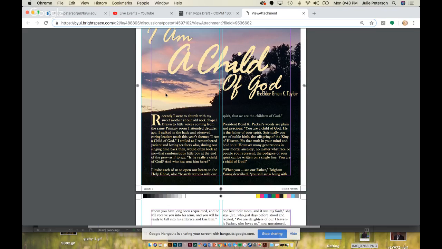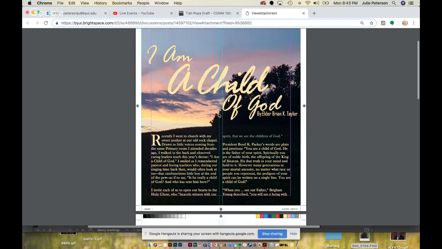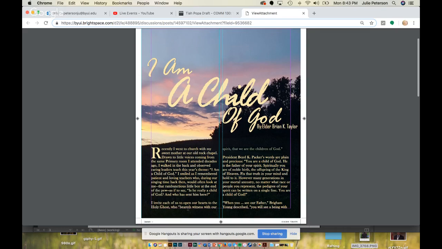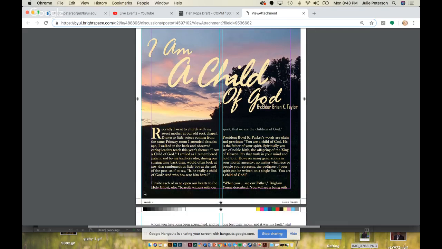If you go bigger, you might need to just bring this up a little bit so that you can bring this column up a little bit so that this won't be an orphan over there. And then if you need to, you can always add a black box underneath to extend that if your image doesn't go all the way down. That might be an option. But yeah, you're going to need to get rid of this orphan, and you just might have to make this column just a little bit bigger.